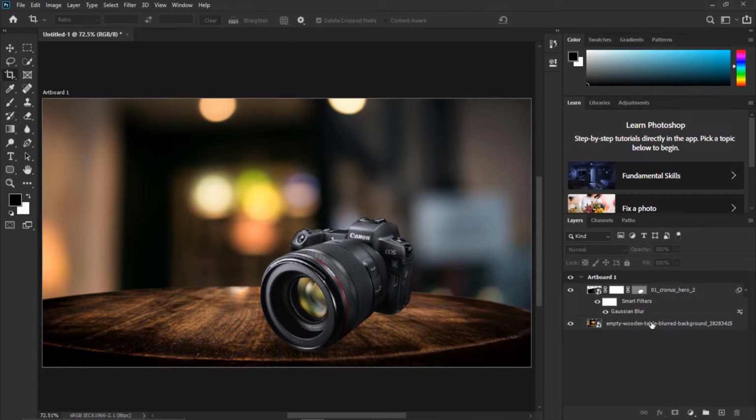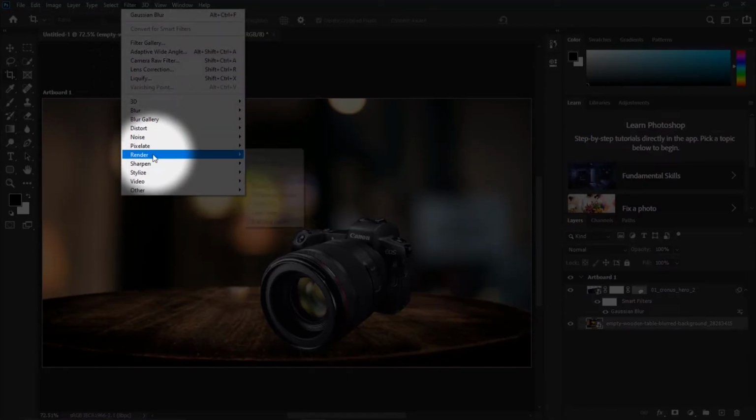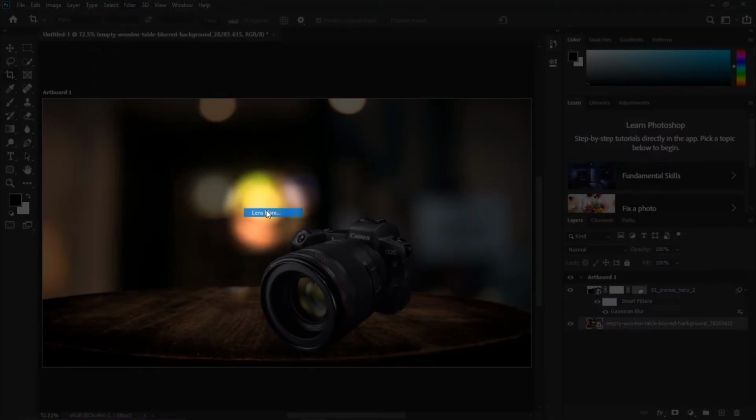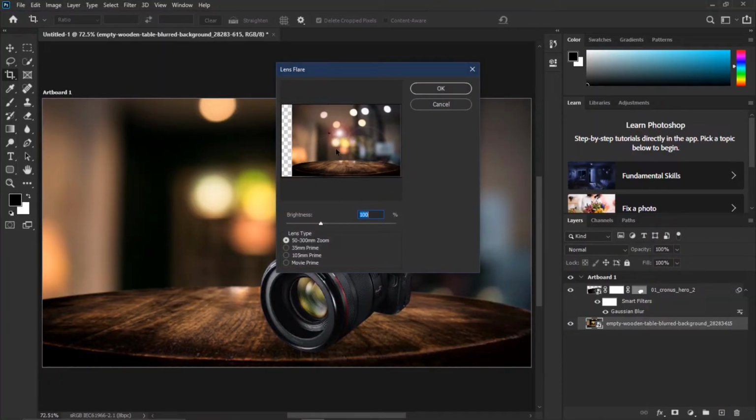Now select the background layer, go to Filter, Render and Lens Flare. Now here we are going to add the lighting effects. I don't like that bokeh, so I am going to select the third option.